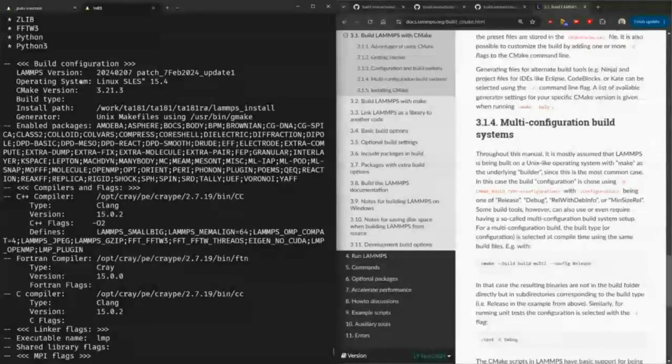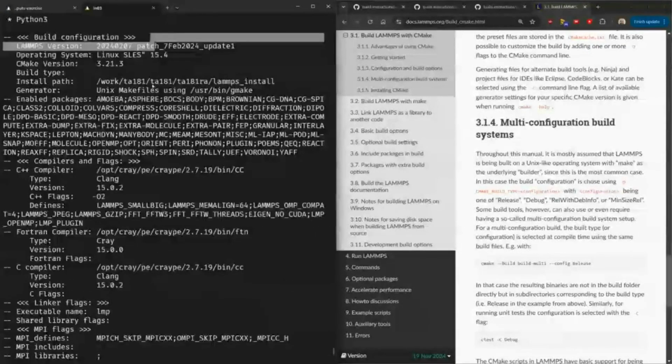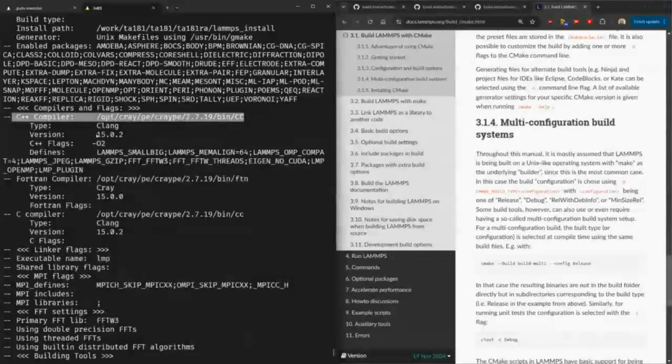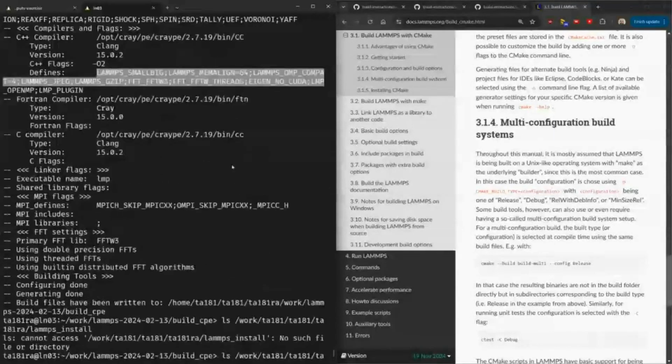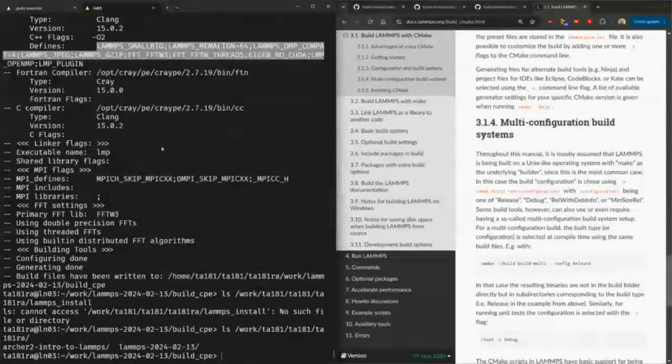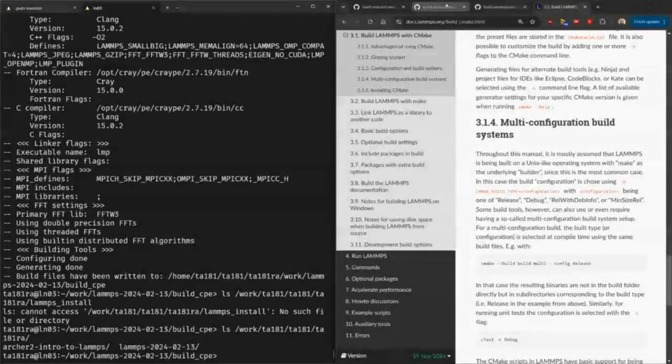And then it gives you some more details of what LAMMPS version it is. It tells you what's the C++ compiler, any flags, any kind of definitions that you might want, Fortran compiler, C compiler, all of that, and some more information, for example, about FFTW and stuff like that. So now the only thing left after CMake